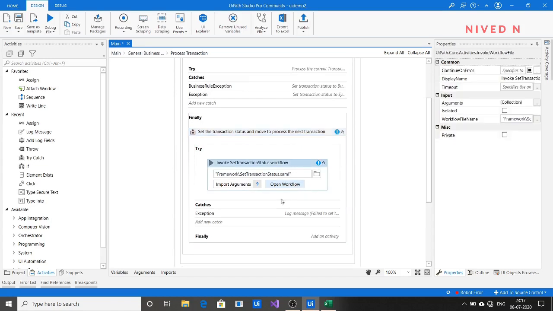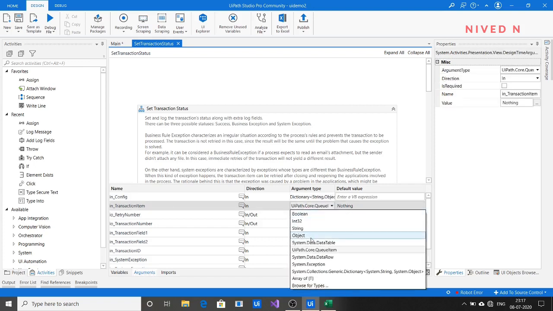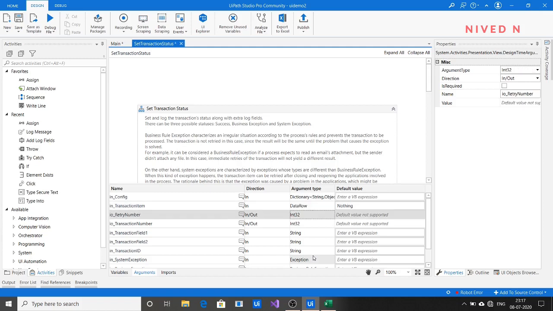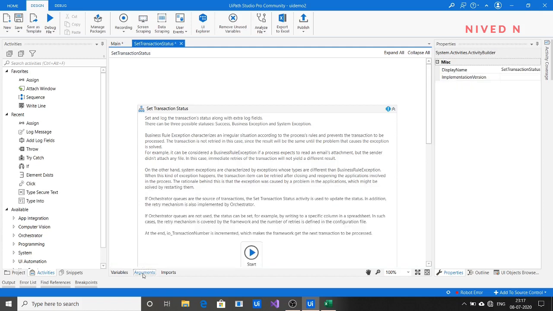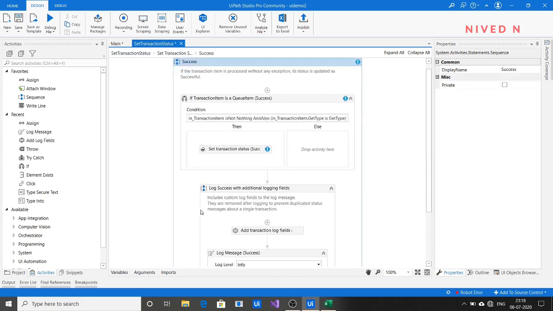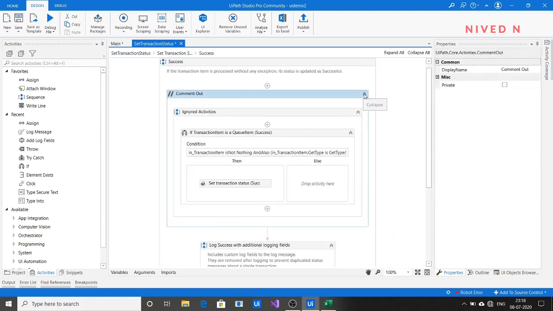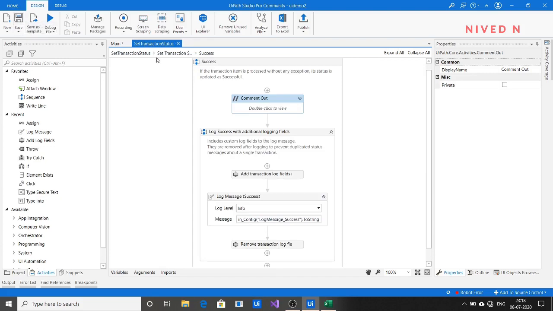Open the workflow, click on Arguments. You can see the transaction item is a queue item, so just change it to data row. Now you can see the validation error here. We know that this is a part of the queue, because it is used when the transaction item is a queue item. Since the transaction item is not a queue item, we can disable this section and then save it.